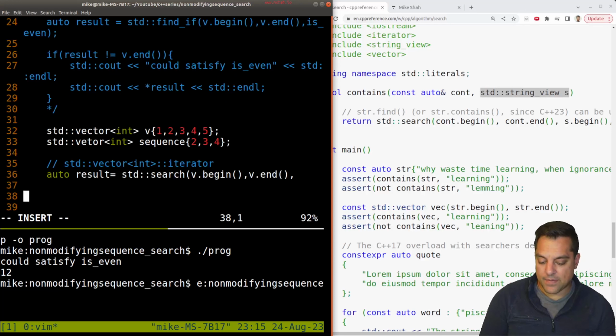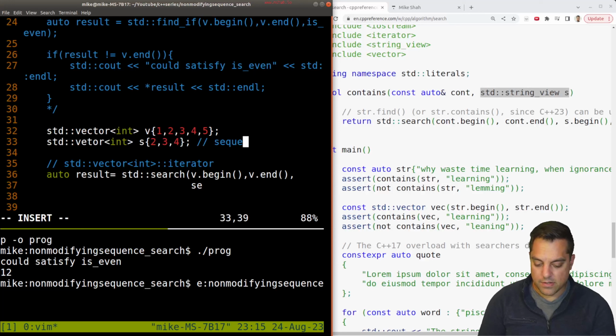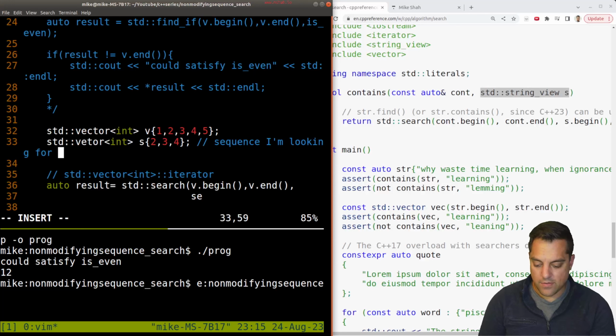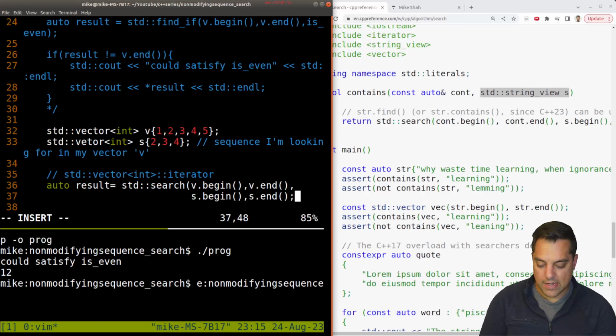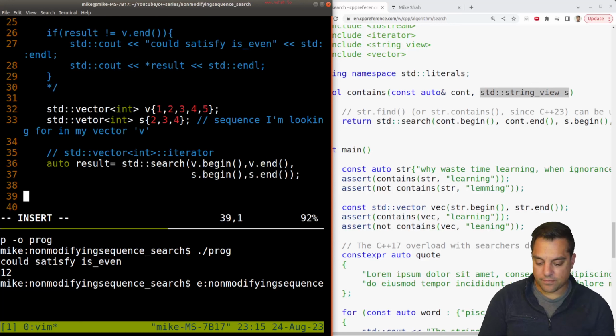So let's go ahead and see if that works here. And I'm just going to look for the whole sequence. Let's see here. S here. Sequence I'm looking for in my vector v. Just so that's clear what's going on there. S in the beginning to the end. So I want to find out if this is a subset of here. And let's go ahead and write out our result. So same pattern. If result is not equal to